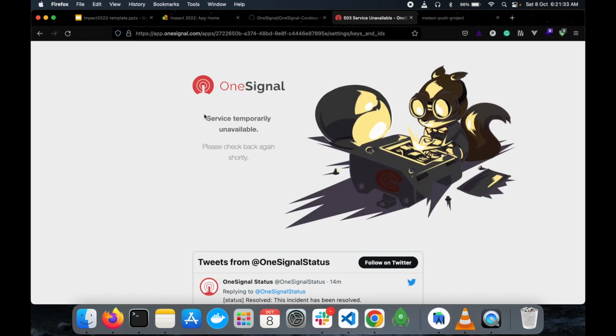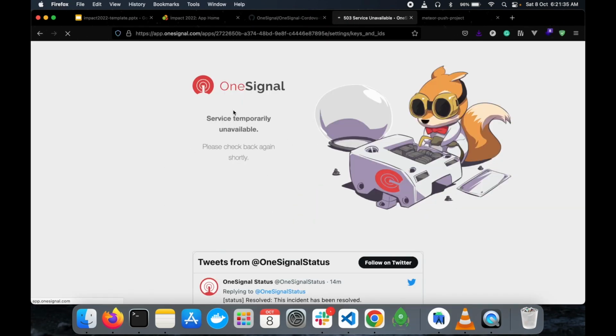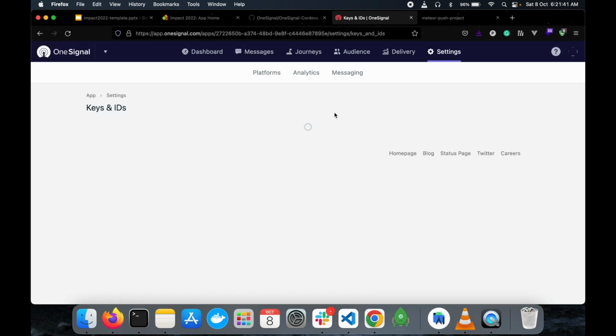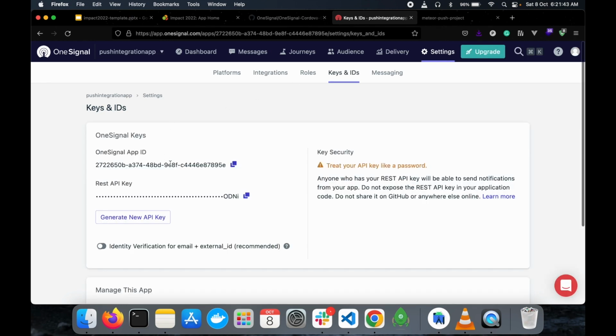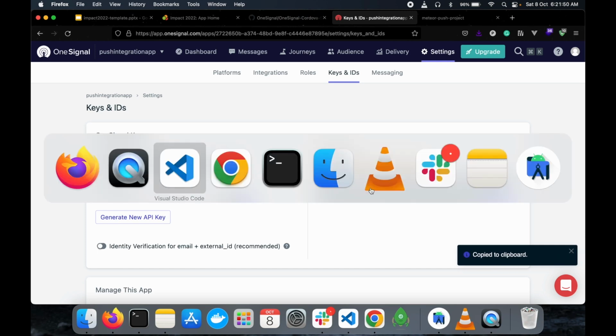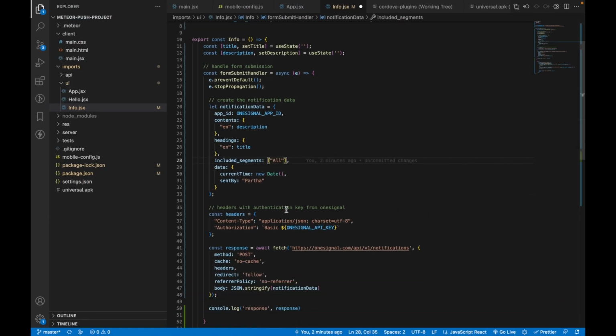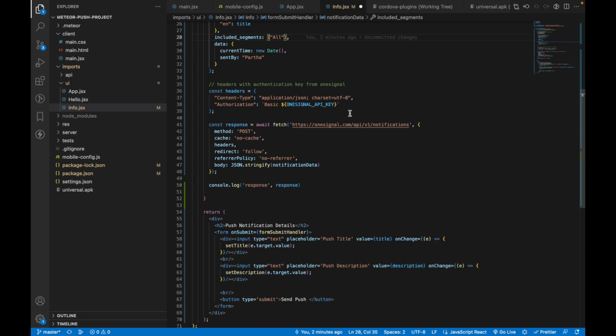So right now it is started, not loading, but in the same page basically, in the keys and IDs page only it will come. And okay, so it has loaded. So in the keys and IDs page only, the REST API key, this thing you have to copy and keep it there. All right, so you have to keep it there,